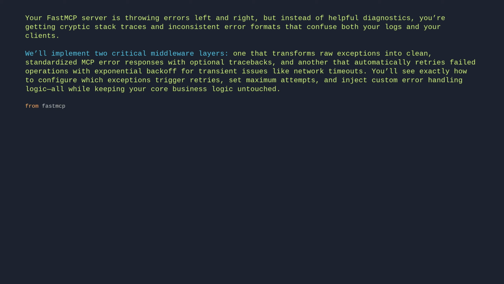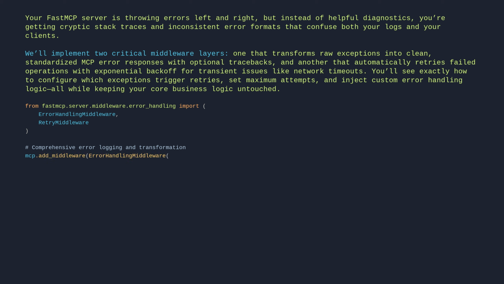From fastmcp.server.middleware.error_handling import ErrorHandlingMiddleware, RetryMiddleware. # Comprehensive error logging and transformation. mcp.add_middleware(ErrorHandlingMiddleware(include_traceback=True, transform_errors=True, error_callback=my_error_callback,